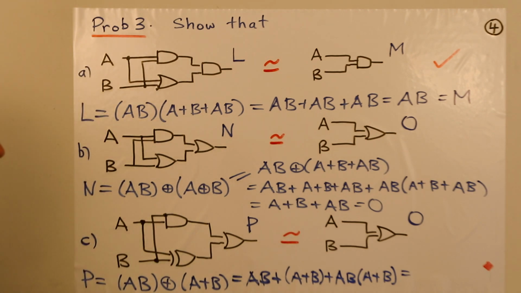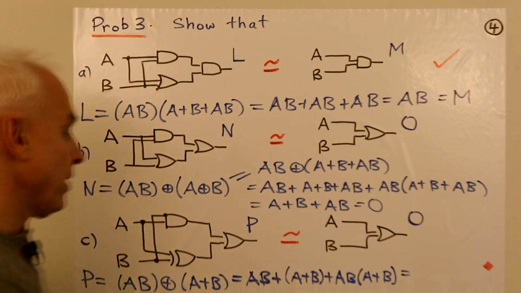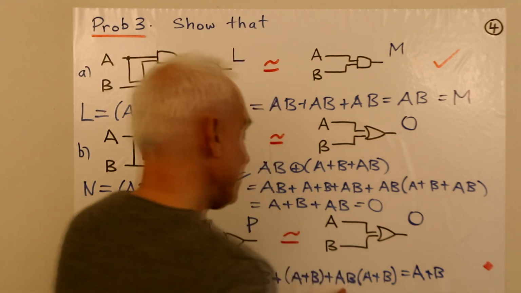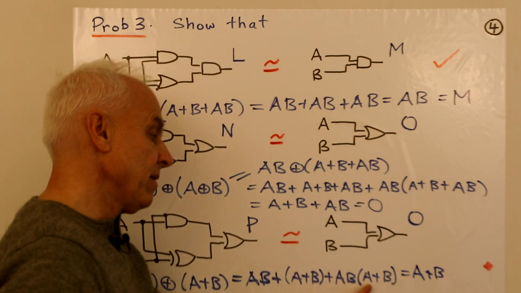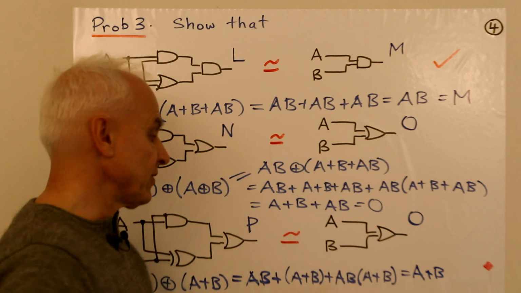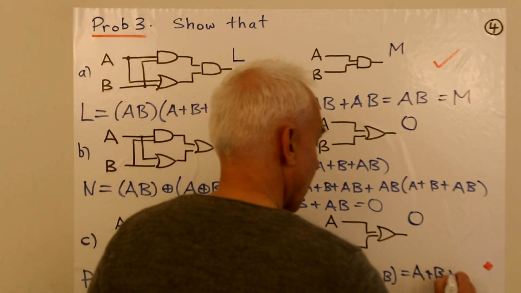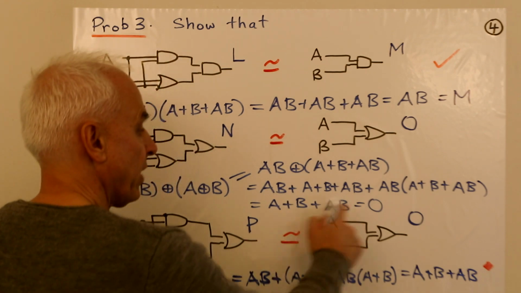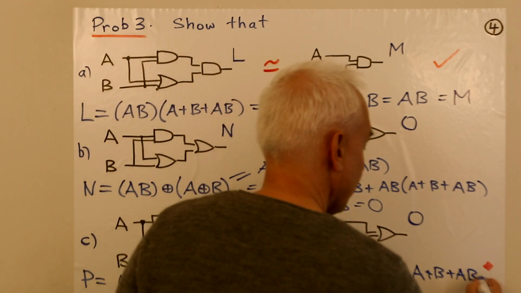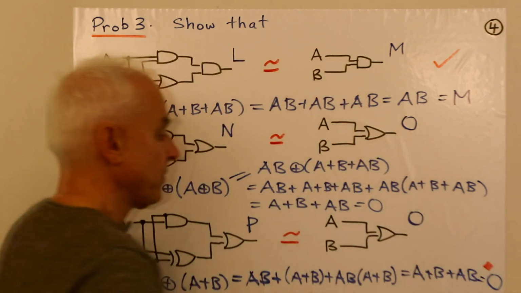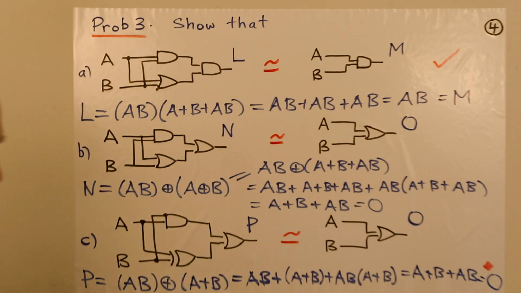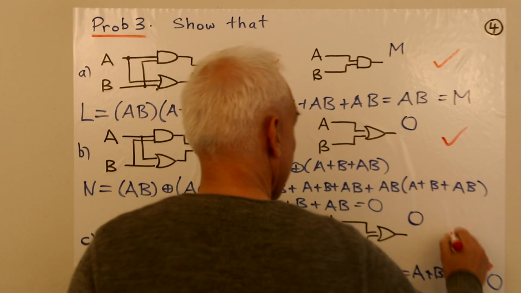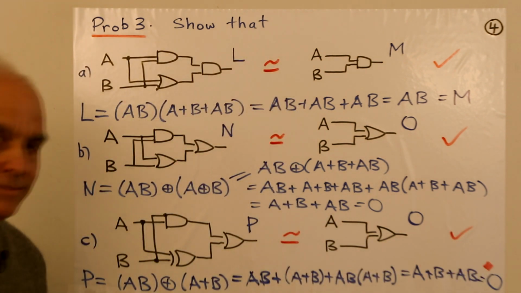And what does all of that amount to? Well, there's an A plus B at the end. When we expand here, we're going to get AB plus AB, so they'll cancel, and there's still an extra AB out front here. And again, we're getting the same thing that we got in the previous one, so that's the output O. So yes, indeed, these two are equivalent, and these two are equivalent as well.